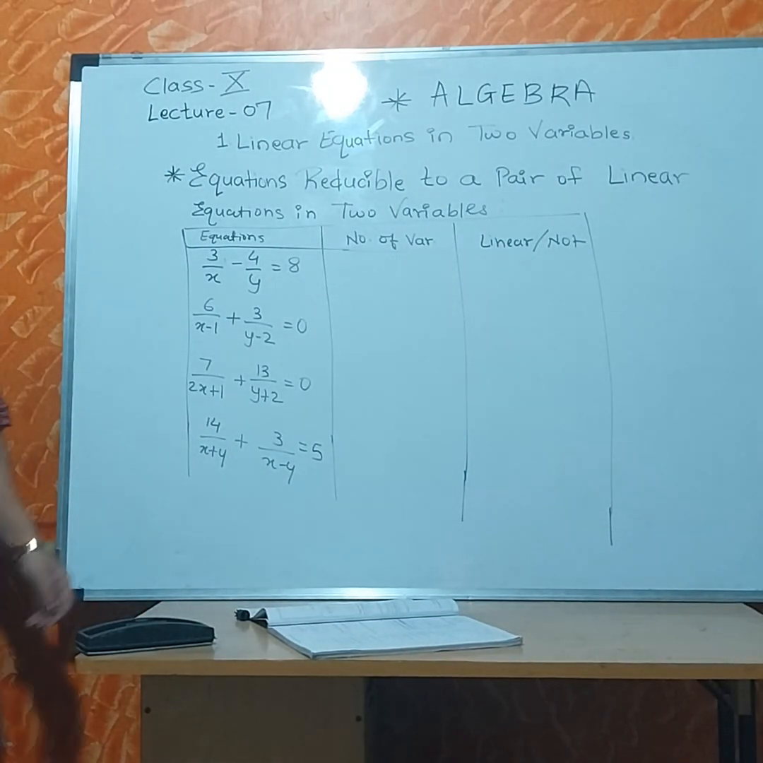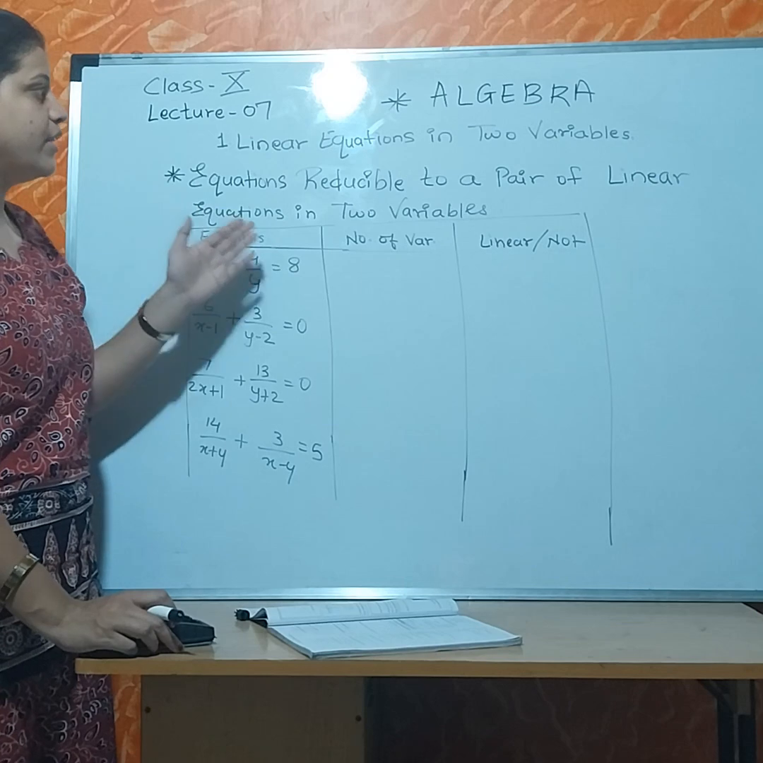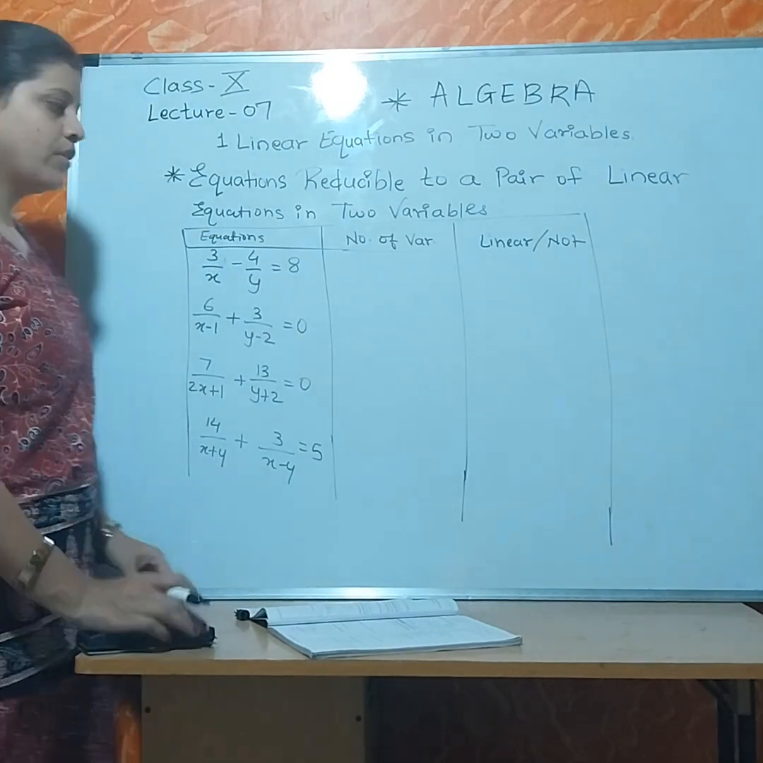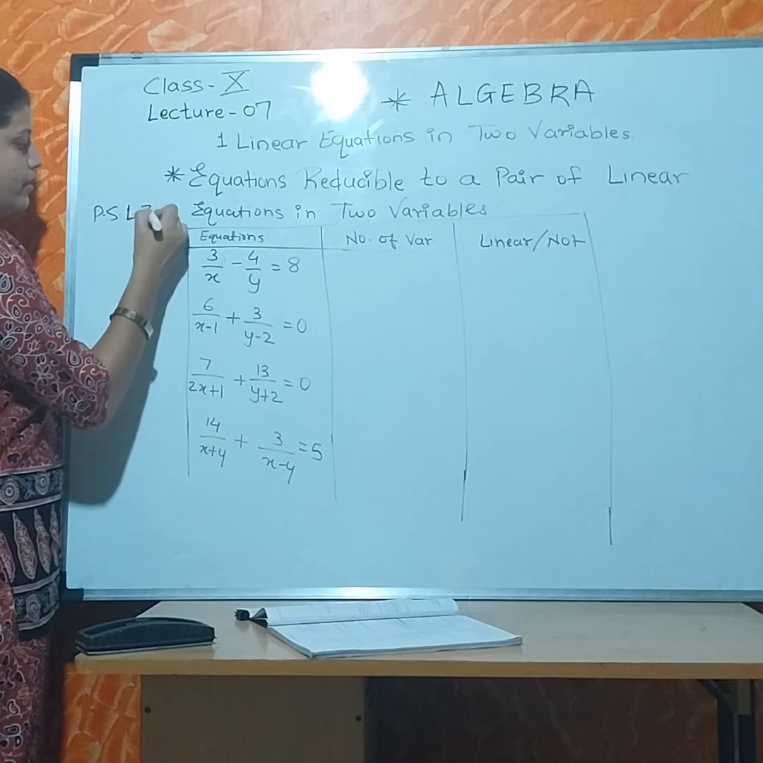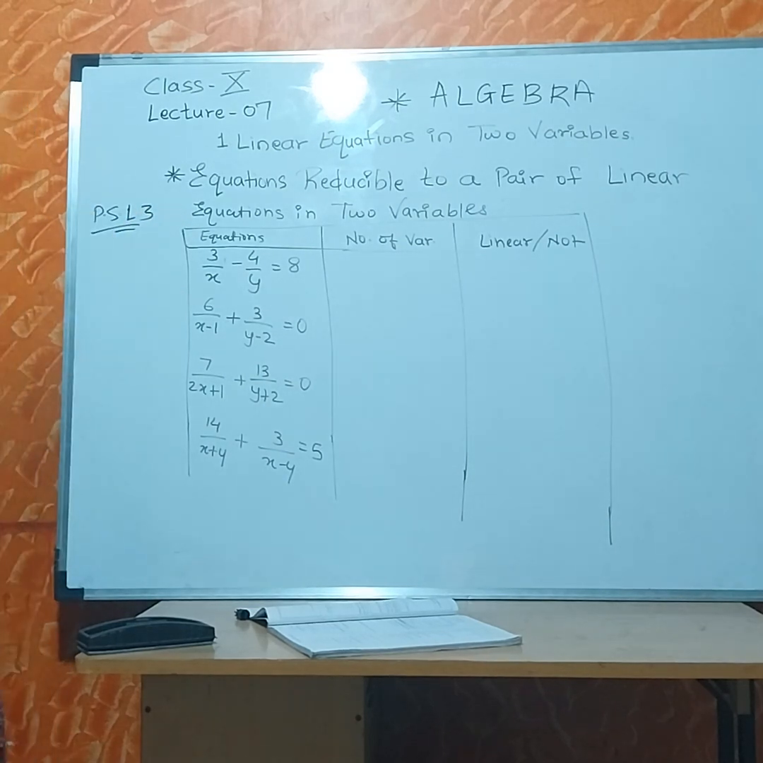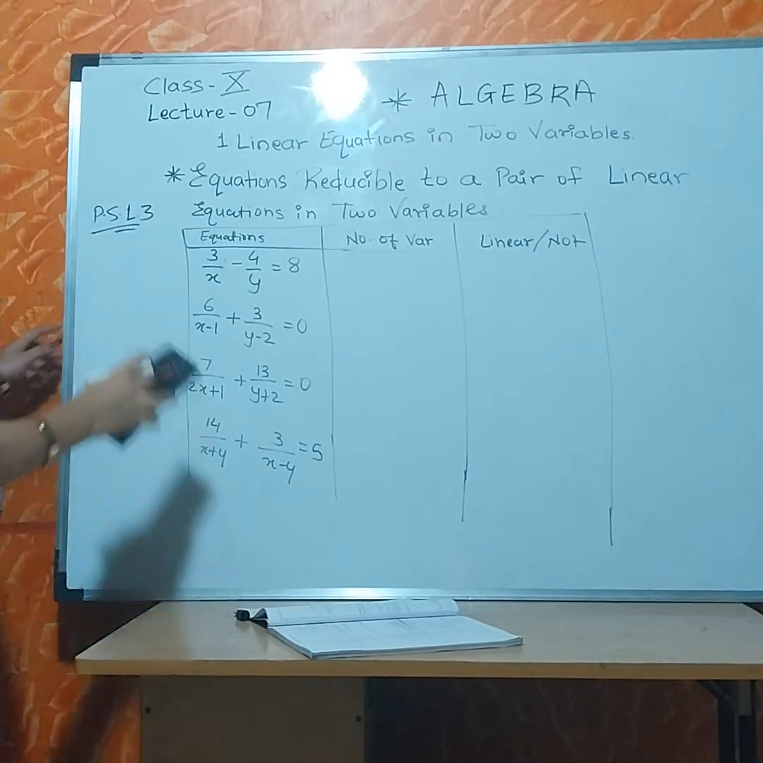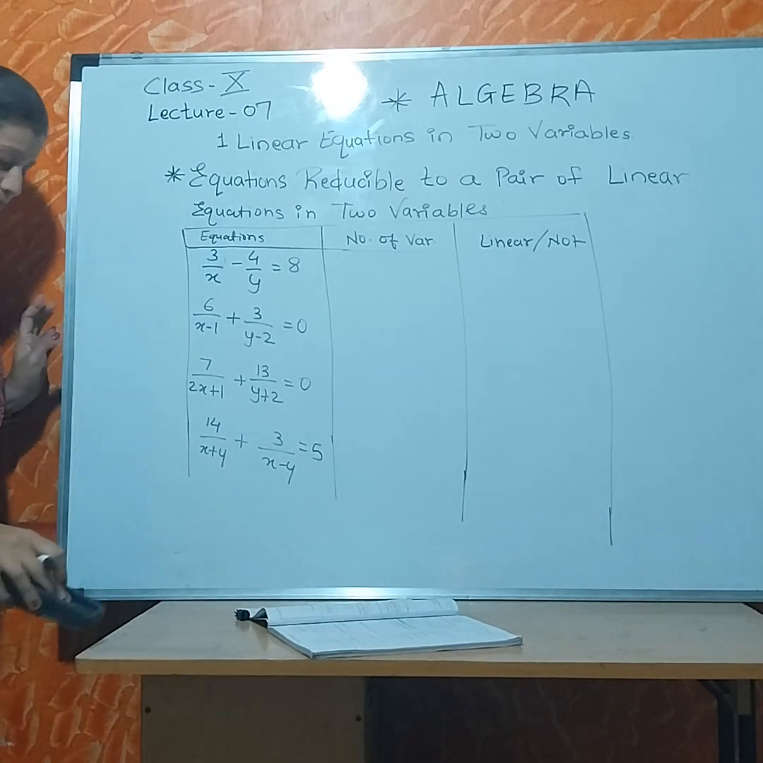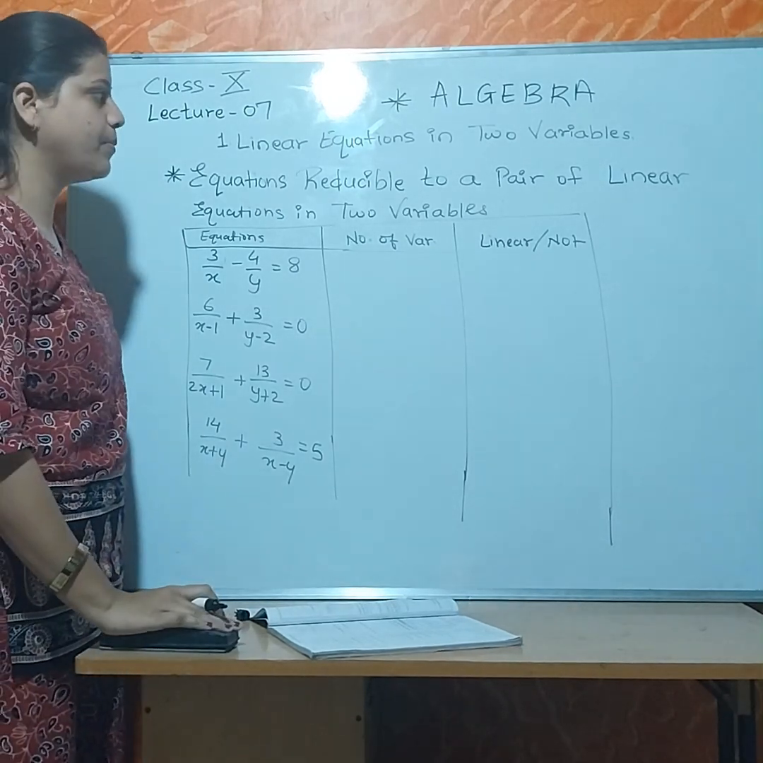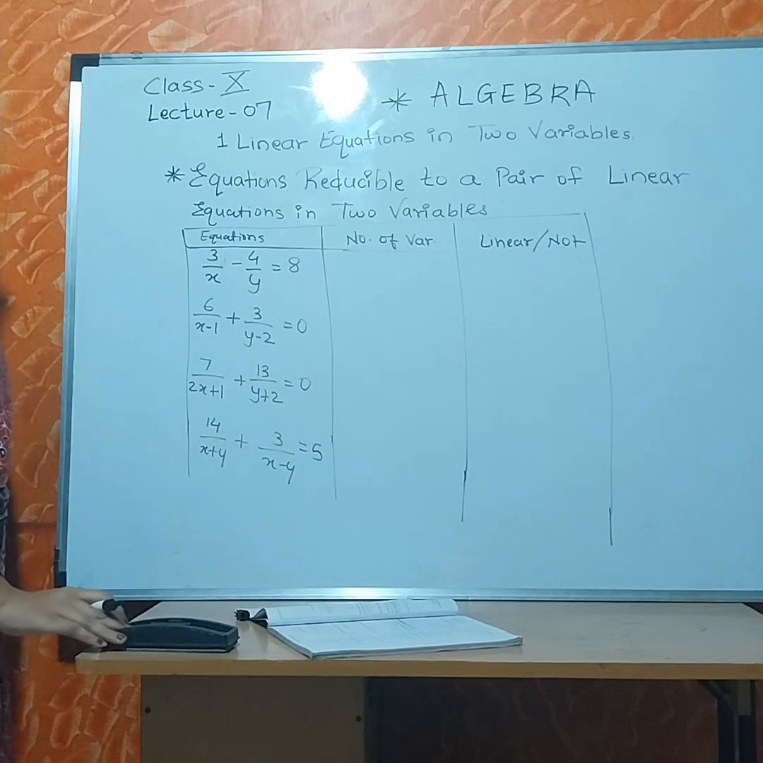We have started chapter 1, linear equations in two variables, of algebra. Already we have completed up to practice set 1.3. You can see in previous lectures. Now we are going to start a new topic here, equations reducible to a pair of linear equations in